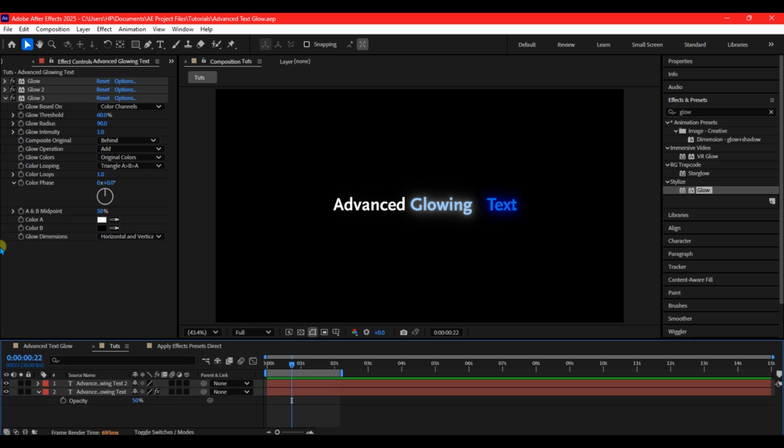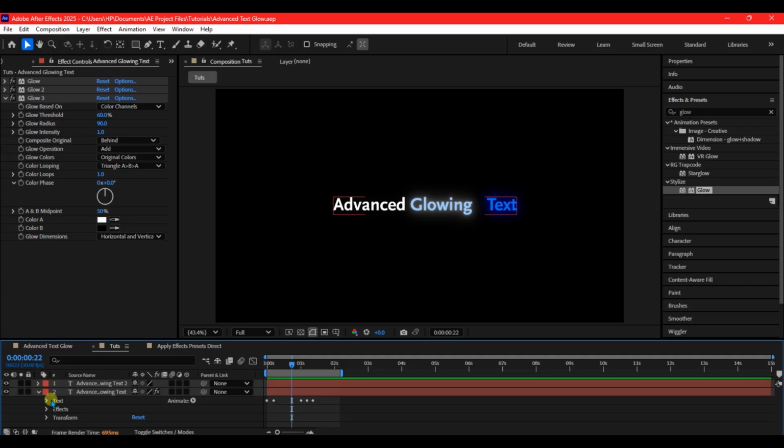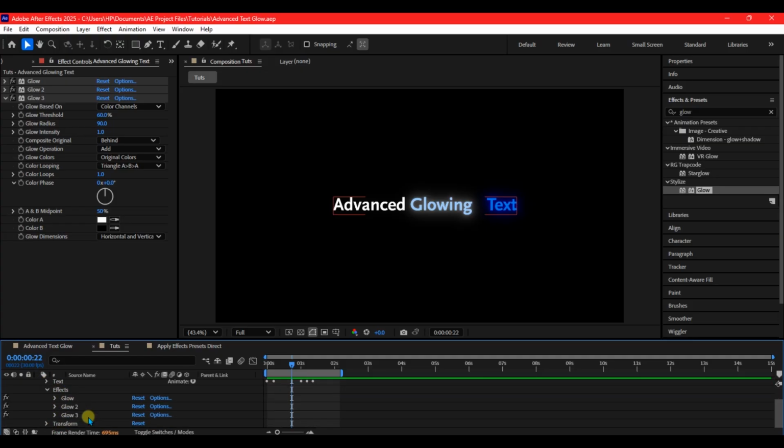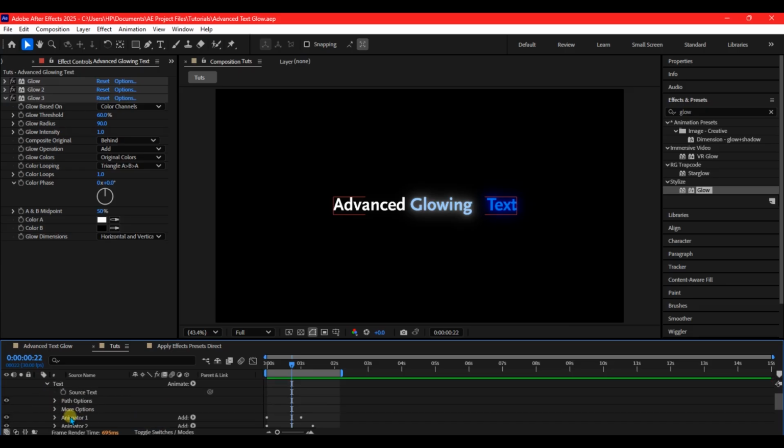So let me show you how you can save this as a preset. I'm going to go to the bottom layer that contains all the effects and the animation. I'm going to collapse this transform property and expand this effect. You see all the glow effects, of course. Let's expand the text and then we can see all these animators. Let's select these animators, hold down the Ctrl key to keep them selected, then select all these glow effects 1, 2, 3. Then we'll go to animation,